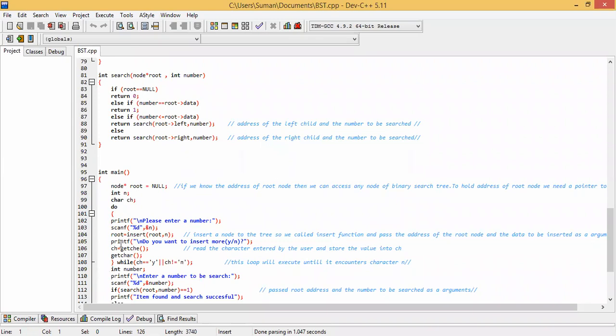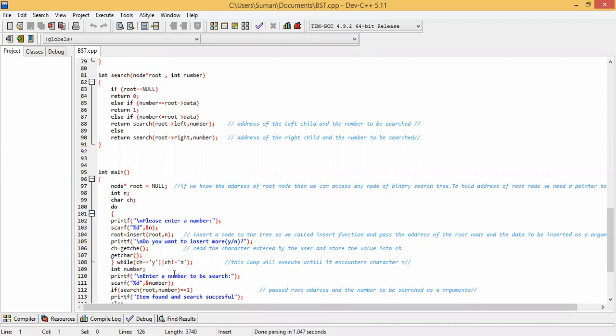After that you can see this is a do while condition. While ch is not equal to n, meaning if we press the character n, then the entering will be stopped. Otherwise the insert function will continue.